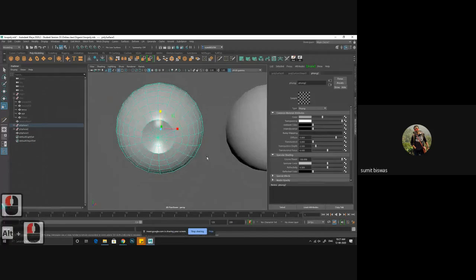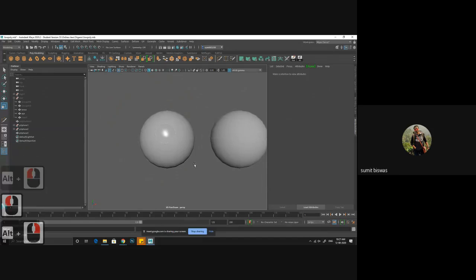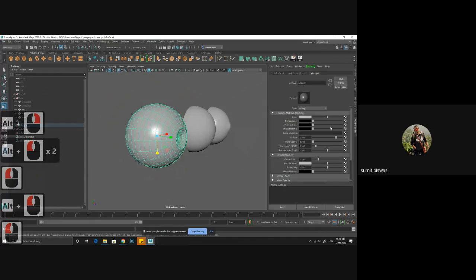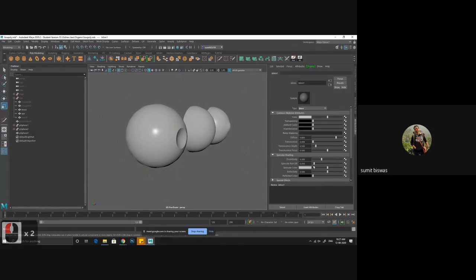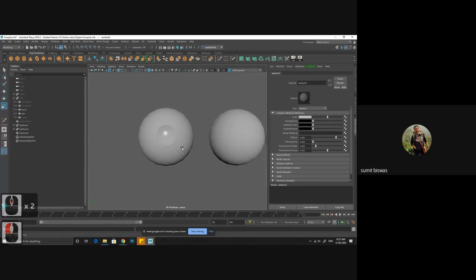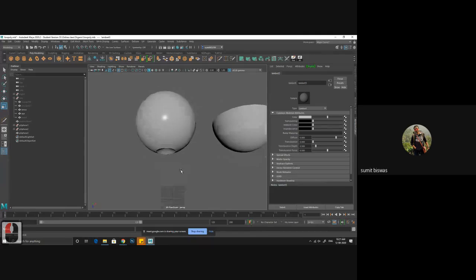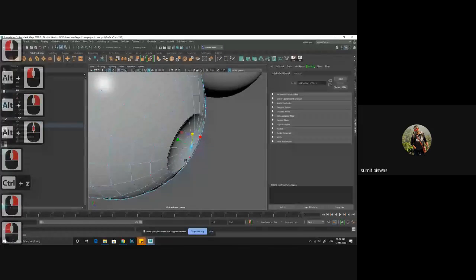So now you can see you have two different reflections. This is how your eyes work, basically. For this base, if I want, I can make it a little bit less shiny, or I can just make it completely matte. And you can see this entire reflection will come with the help of this base. And now what I'll do is push it outside slightly,